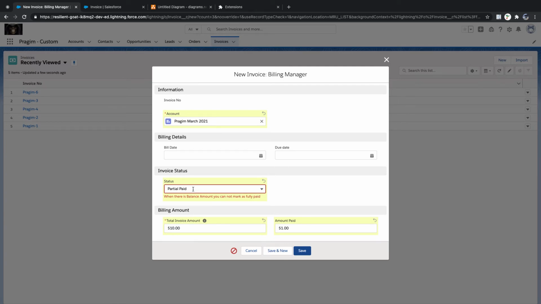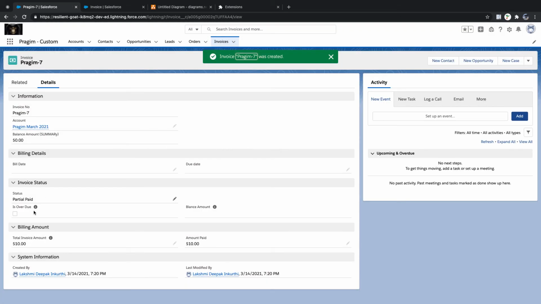But my expectation is that if this is a new record, it should not go there. It should show an error message, even if I enter 10. But it is allowing. By default, I should not select status equal to fully paid, or partially paid or anything else, and I should not enter anything on an amount basis either.